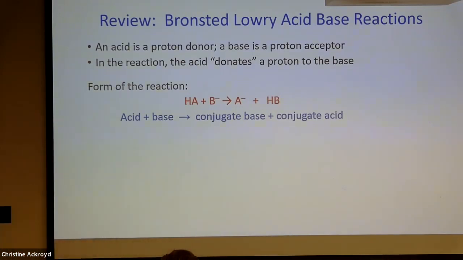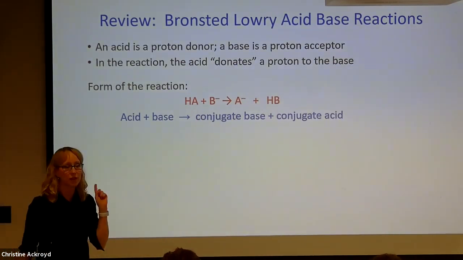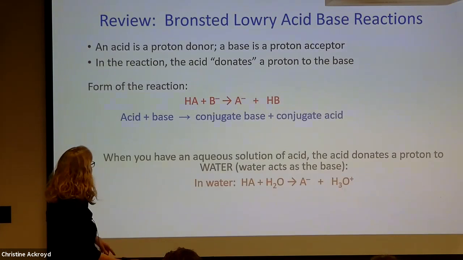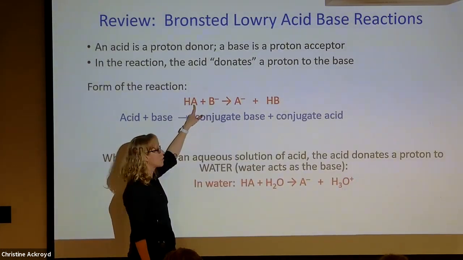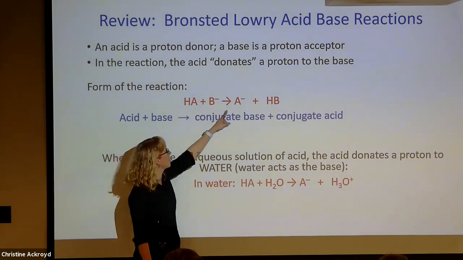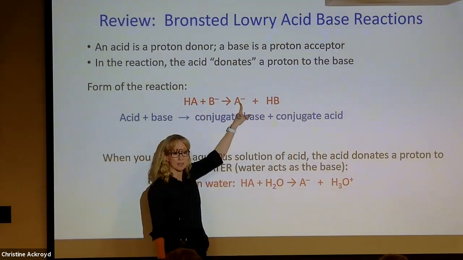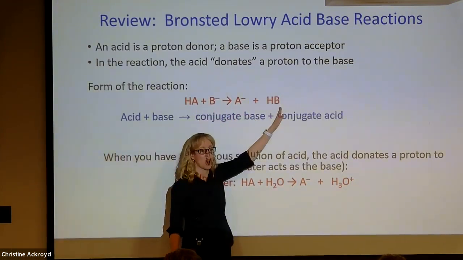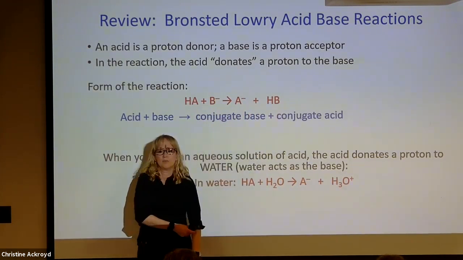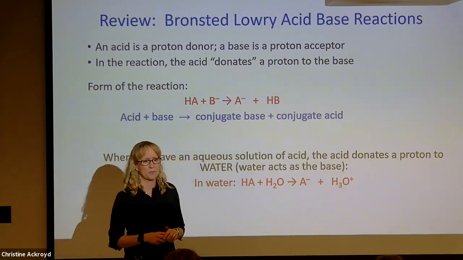Okay, so terminology that you need to know, you need to be able to recognize the acid and the base on the starting material side. Also need to know that when the acid loses its proton, it becomes the conjugate base on the other side of the reaction. Why is it? Well, back up a little bit. When the base gains a proton, it becomes the conjugate acid. Why do we use that terminology?